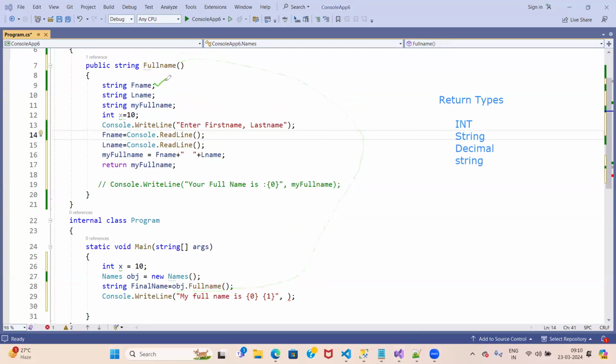It will create the variables first name, last name, and full name, and x equal to 10. It will take the first name and last name, and it will take the full name, which it will construct. Whenever it says return full name, this value will replace the name of the method here in its execution process. So in the execution process, how it works is,